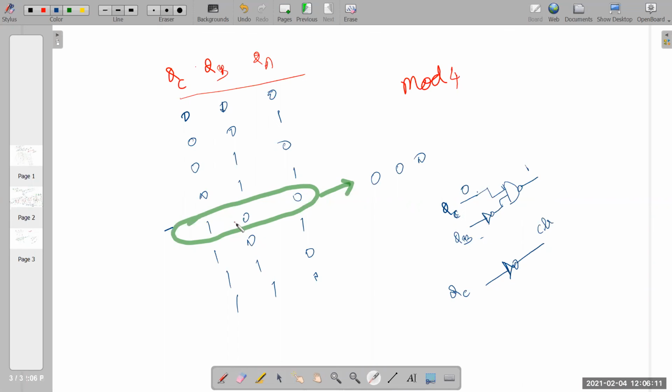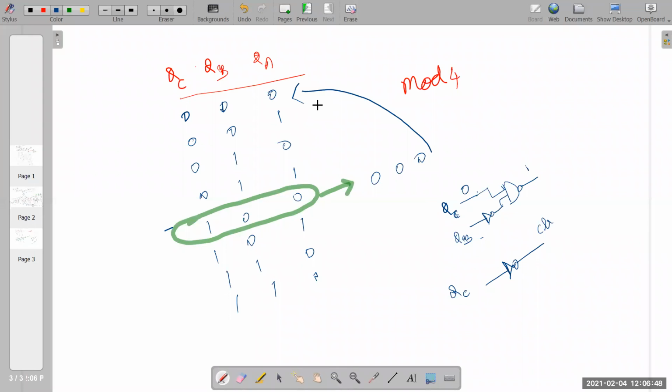When 1 is coming, what happens to the output now? When QC is 1, output immediately becomes 0. 0 means what will happen to the clear? Enabled or disabled? Enabled, right? So when input is 1, this becomes 0. Now all outputs will be cleared. So instead of 100, output will be changed to all 0. So again, this cycle will be repeating. Can you get what I say? Yes, sir.